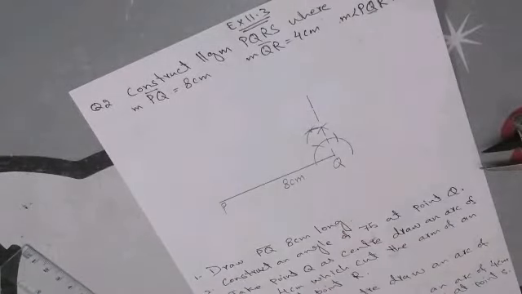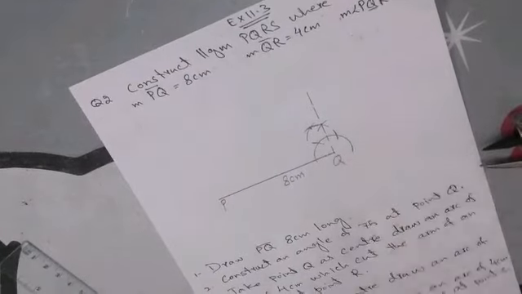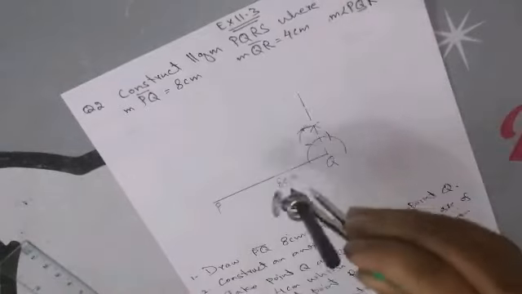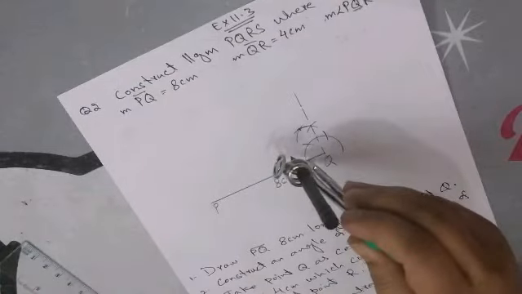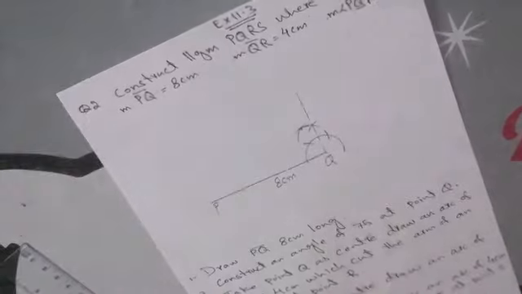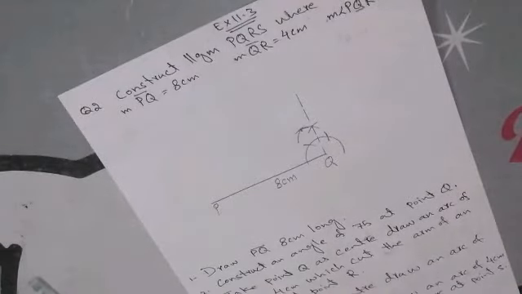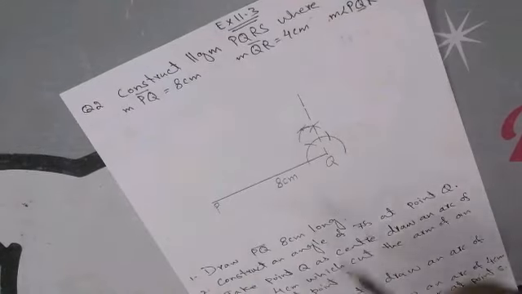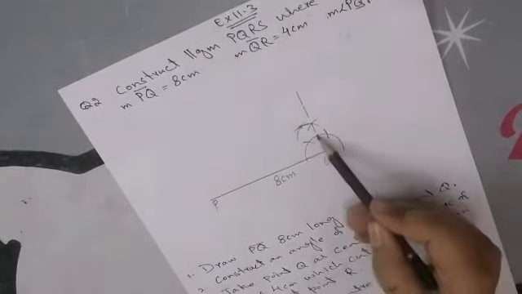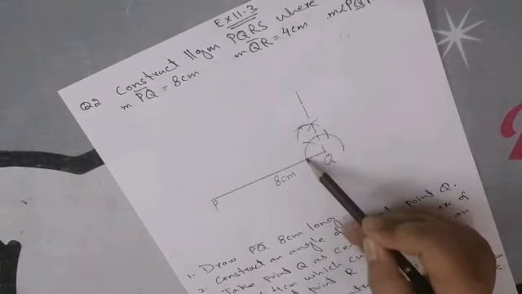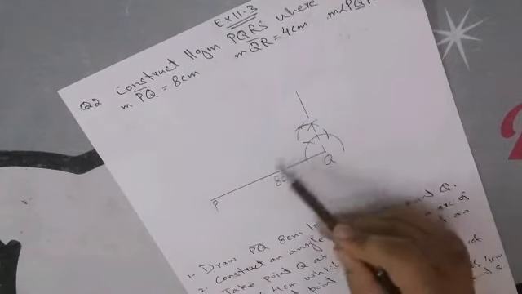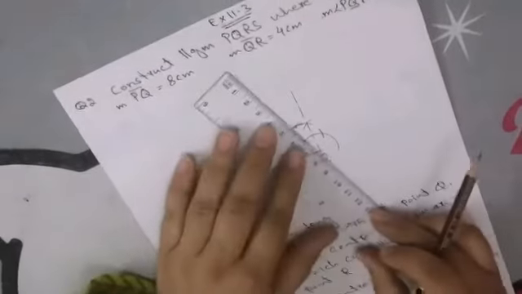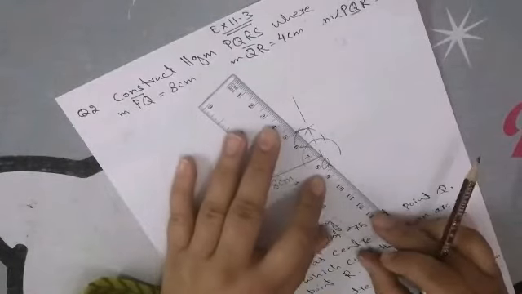Student, for 45 degree, the same thing you will do. 90 degree you draw, and then you put your compass at 90 degree and draw arc, and from this baseline, you draw arc. That will be 45. Okay, it will be same as 75, but first you draw 90, and then on this point you put your compass sharp side and draw arc, and from this point you put your compass sharp side and draw arc. That will be 45.